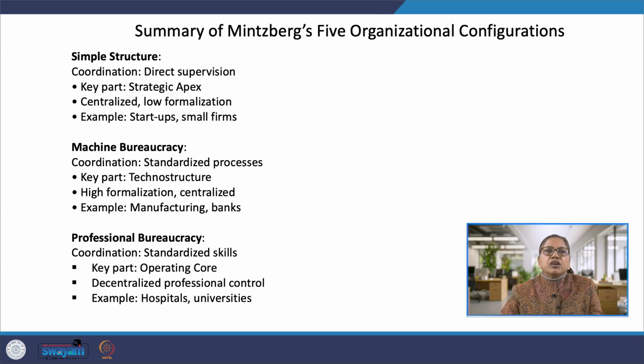In machine bureaucracy, coordination is basically through the standardization of processes. The key part is the technostructure, and there is high formalization and centralization. Examples are manufacturing firms or banks. In the case of professional bureaucracy, coordination is done by standardization of skills and the key part is the operating core. There is decentralization and professional control, for example, in the case of hospitals and